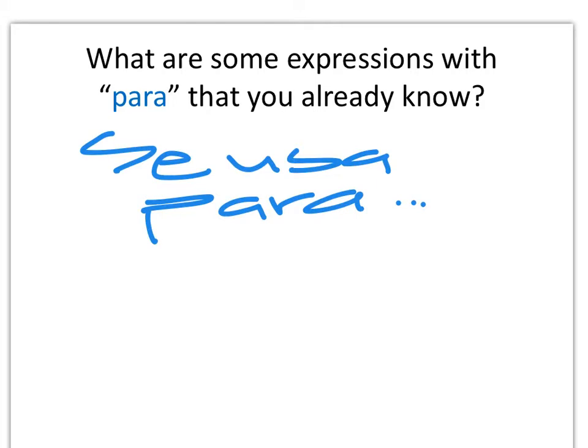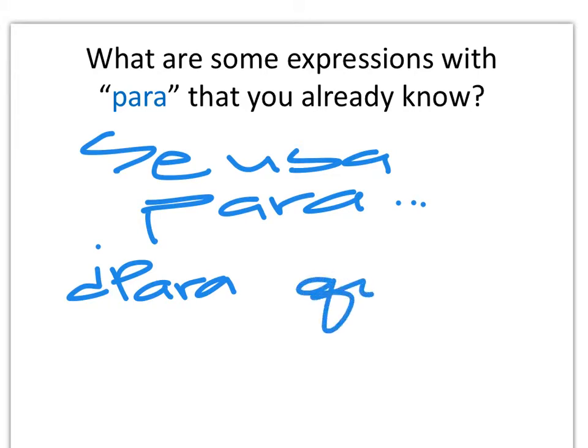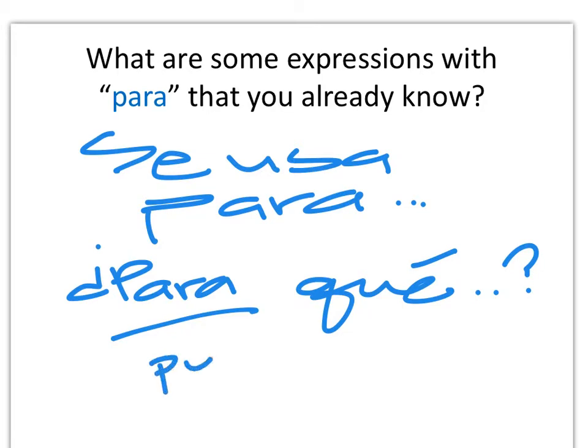Careful, because of that, you have the question word por qué to ask why, but para qué can also be used in a question, not asking why, but what for. For example, ¿para qué se usa el móvil? Se usa el móvil para comunicar. So careful if you're filling in the blank with a question. It could be por or para. So you're trying to identify if it's stating a purpose.